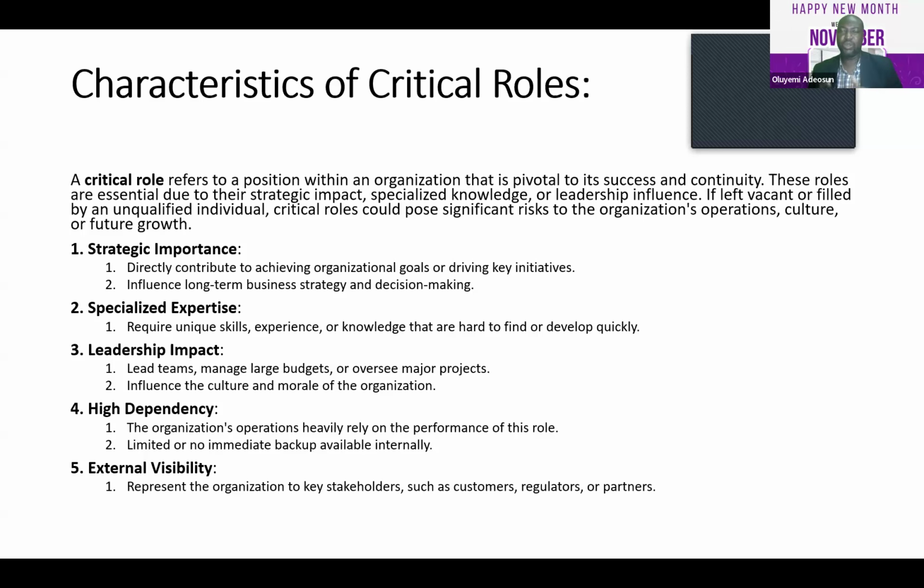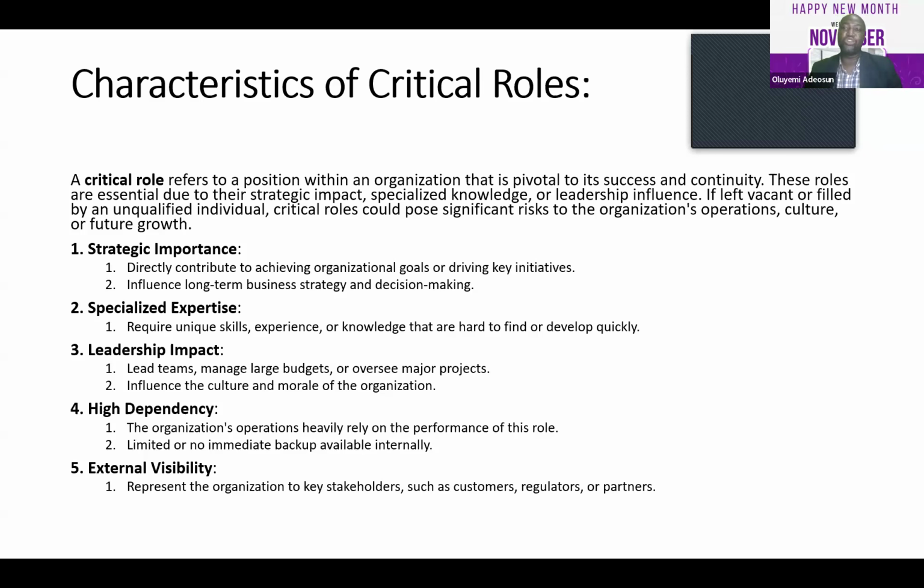Specialized knowledge or leadership influence. If left vacant or filled, please pay attention. So you see that being vacant, there's potential yawa or trouble or challenges. But look at this other part too. Vacant is not the only problem we can have. Also, if it is filled, but filled by an unqualified individual,